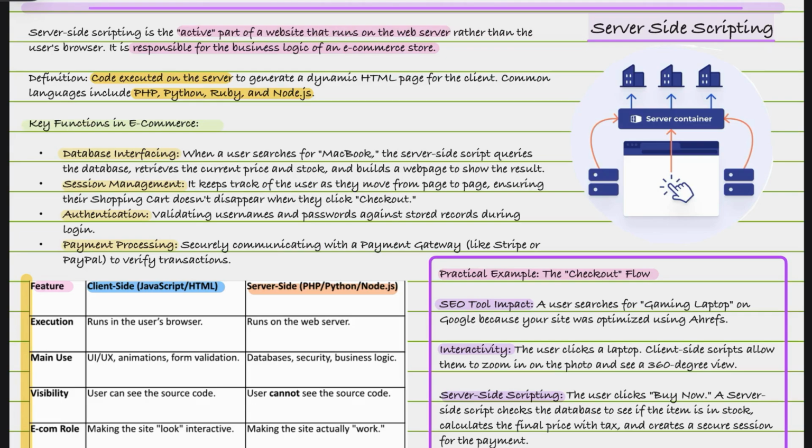So it tags the cart to you like a luggage claim sticker, and it remains with you until you abandon the cart. Then you have authentication, that is validating the username and password against stored records during the login. So when you click login, the server takes your input, hashes your password and compares it against the encrypted data vault. And if it is right, then it grants you